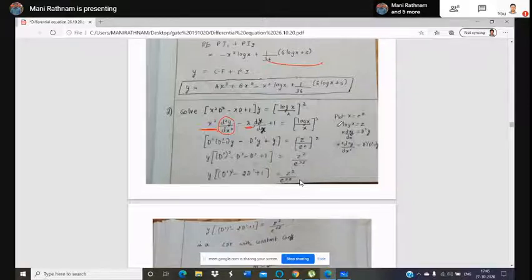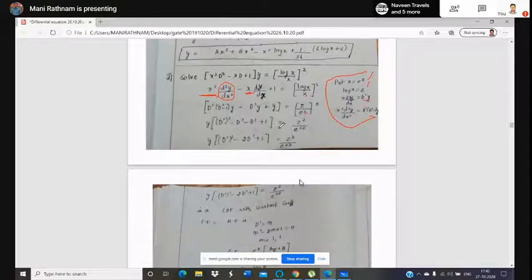So first, this is a substitution. Simply substitutions, right? Here it is a second order derivative only. So wherever x, you substitute e power z, and wherever log x, you substitute z, and wherever x dy by dx, you substitute D' of y, and for the second order derivative, D'(D' minus 1) of y. So this is nothing but D'(D' minus 1) of y minus D' of y plus y. Log x is nothing but z, x is nothing but e power z, whole square is z.